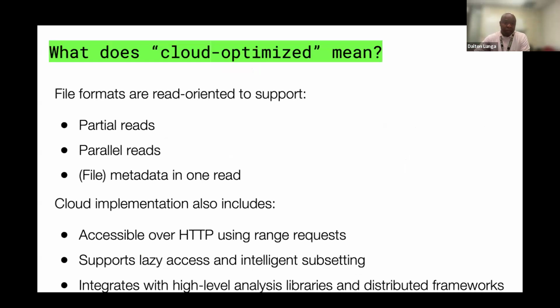What do we mean by cloud optimized? The first part and the motivation is that these are file formats that are allowing users to have partial reads. You don't have to read the entire files. You only index areas where you are interested in. So the partial reads can be executed in parallel ways by taking advantage of the metadata that allows for you to index portions and not the entire files, but only portions of the data that you need to use. And what that then